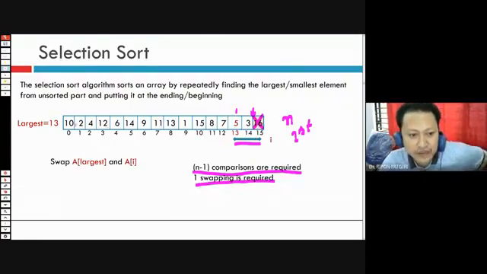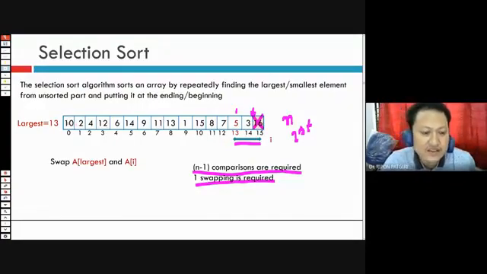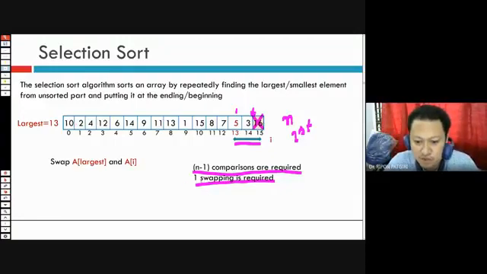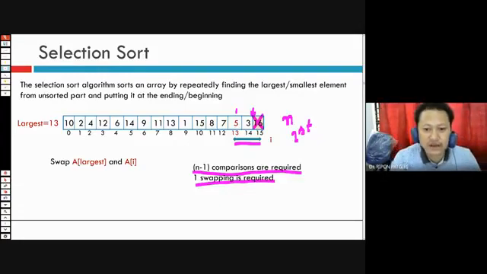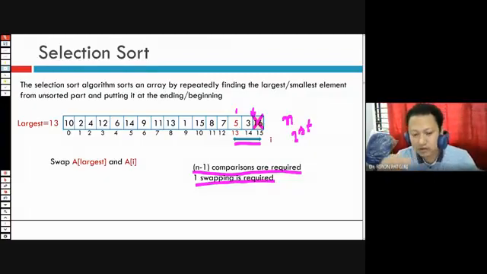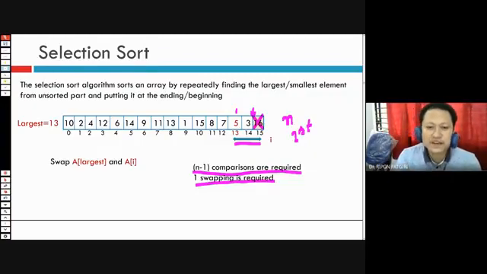So if the values are very large and exchanging is time consuming, here swapping is time consuming. Assume the case of elephants: to swap or exchange two elephants, two cows, or two buffalo is very hard and time consuming, but comparison is easy.